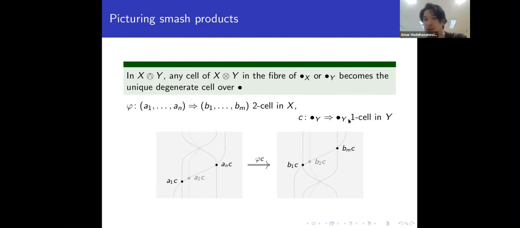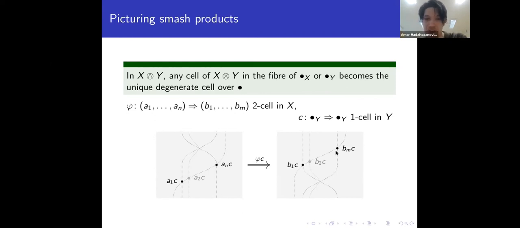But now supposing that X and Y have a single zero cell, so everything is in the fiber of the base point, everything gets quotiented out, so it becomes degenerate, except these intersections of wires of phi with wires that come from X with wires that come from Y. So we get that phi tensor psi C becomes this kind of rewrite from something which contains these n non-degenerate two cells into this thing that contains m